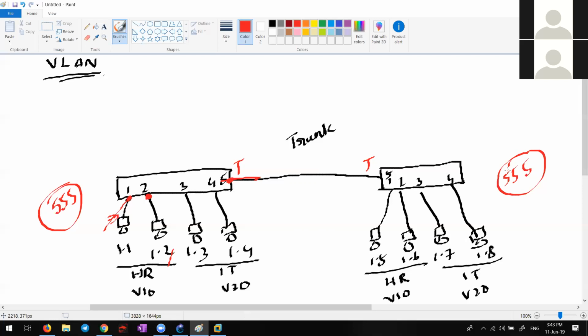What are the three things you can tell? I told you right now. One is to assign the native VLAN for the traffic which you are interested in going faster. That is one solution. Second solution is to create a dummy VLAN, never assign it to any ports, and make that dummy VLAN the native VLAN, so that no native VLAN traffic will go on the trunk interface. Third solution is to tag the native VLAN also, so that no data will go untagged. Correct?